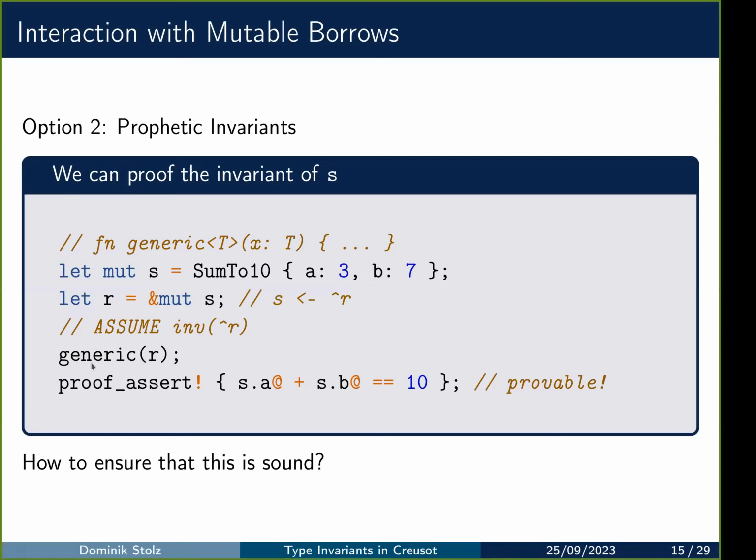Right, here in this case, after the call to generic, we don't need any postcondition from generic, but we can just prove our assertion by the prophetic assumption we made about the invariant of the final value. And of course, the